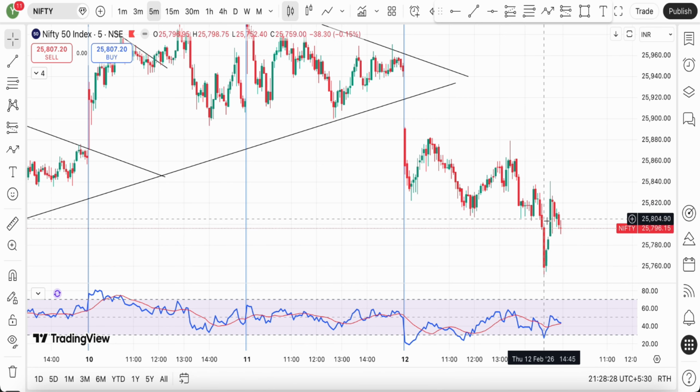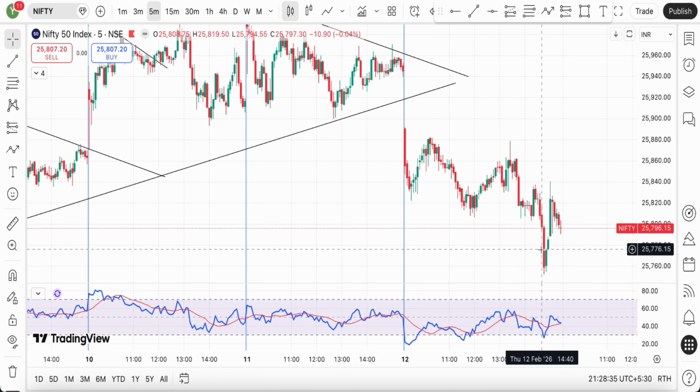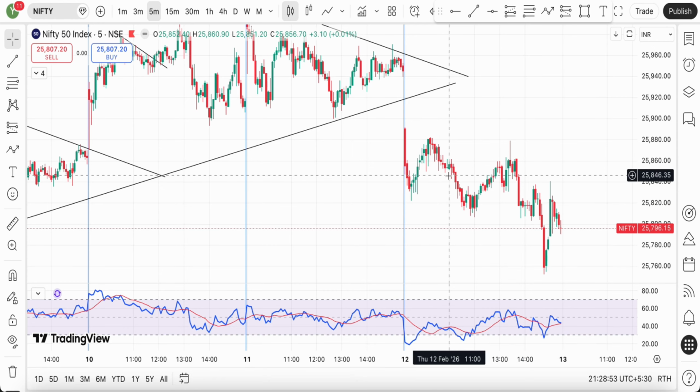And if you are in a trade wherein you entered into puts at the break of this particular move, the slight hints that the market is giving of going against you, that is the place that you get out of the market, and you do not wait in hope or in anticipation that the markets might again reverse and go back in your favor. And this was it about today's price action.